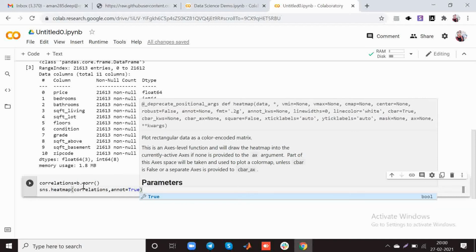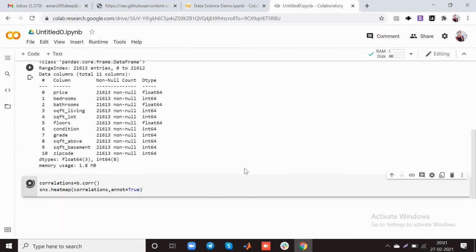So what does it basically do? It will give me the correlation of all the columns and show this correlation in a heat map, which is a type of graph. A heat map is also a plotting method from which we can easily identify which column is best suited for predicting our price out of these 11 columns. Okay, so now run this command.